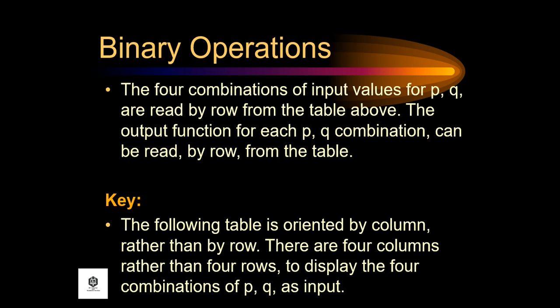The four combinations of input values for P, Q are read by row from the table above. The output function for each P, Q combination can be read by row from the table. For the key, the following table is oriented by column rather than by row. There are 4 columns rather than 4 rows to display the rows or the 4 combinations of P or Q